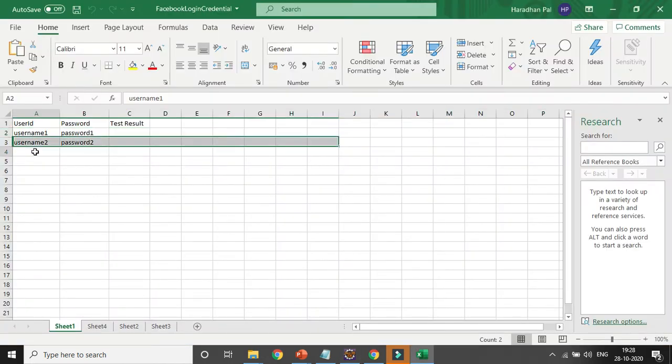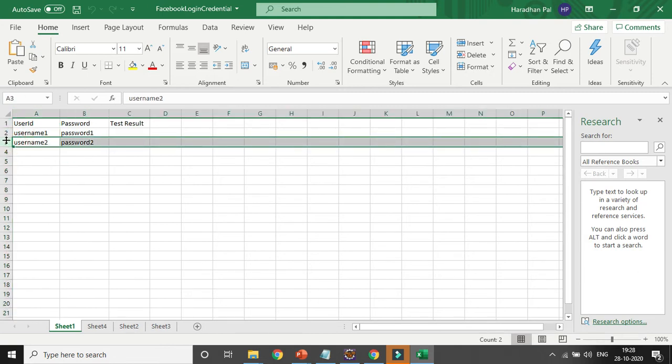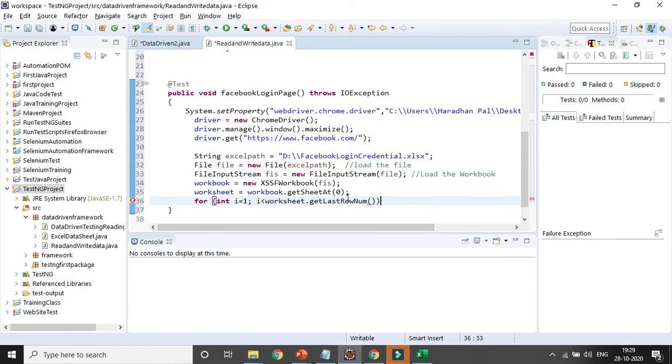We need to see how much data is already there. So it will go from 1 to 2, and wherever data is available it will go there also. It will find out how many rows of data are available, go to the last row number where data is available, and iterate with i plus plus.